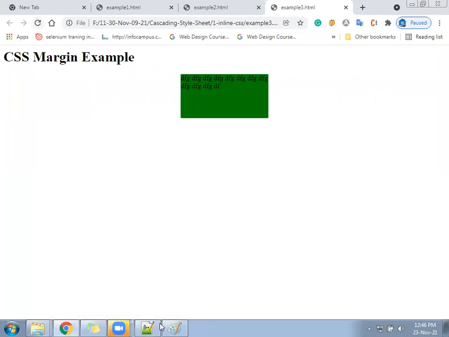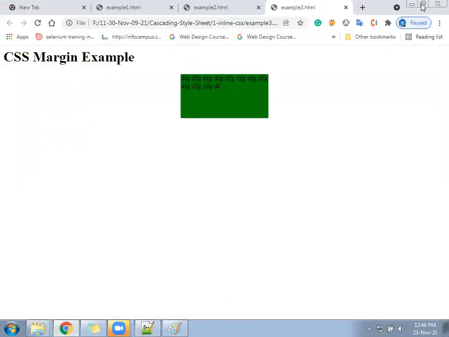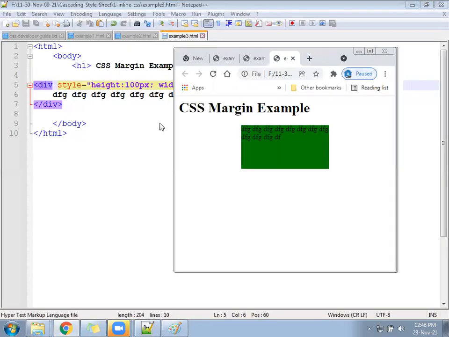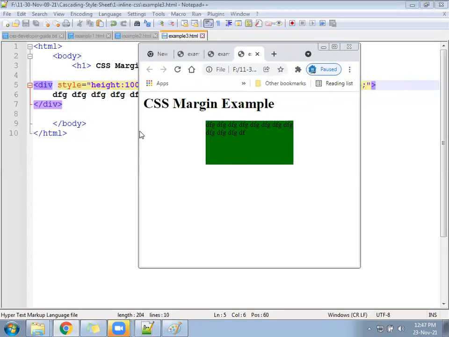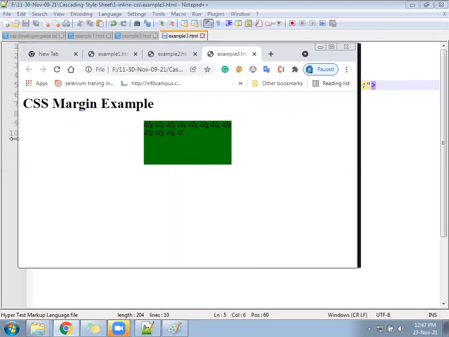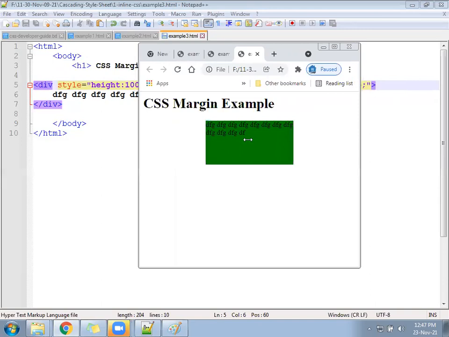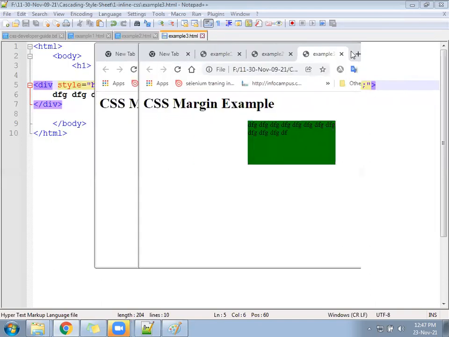That is because of the margin auto property. Resize your screen and check once. Maybe click on the restore button and make it a little smaller and bigger. Always in the center. If you open it on any device, the division will come in the center. That is called margin auto.